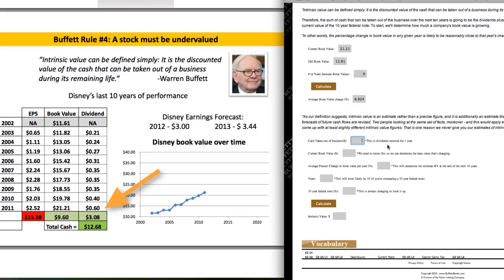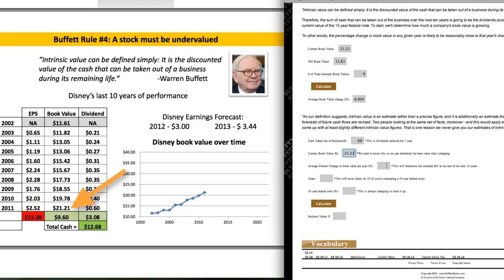You might want to use a lower value, or you might even say that, well, it's 60 cents now, but over 10 years, the average might be 70 cents or 80 cents. So this is where the guesswork comes in, and this is where people get different values for their intrinsic value. But for me, I'm going to use 60 cents. So I put in 0.60 there, and that's in dollars. And that's for the whole year. Those are the dividends you'll collect for the whole year, not for a quarter. So we've got 60 cents in for the dividend. The current book value for Disney is $21.21.